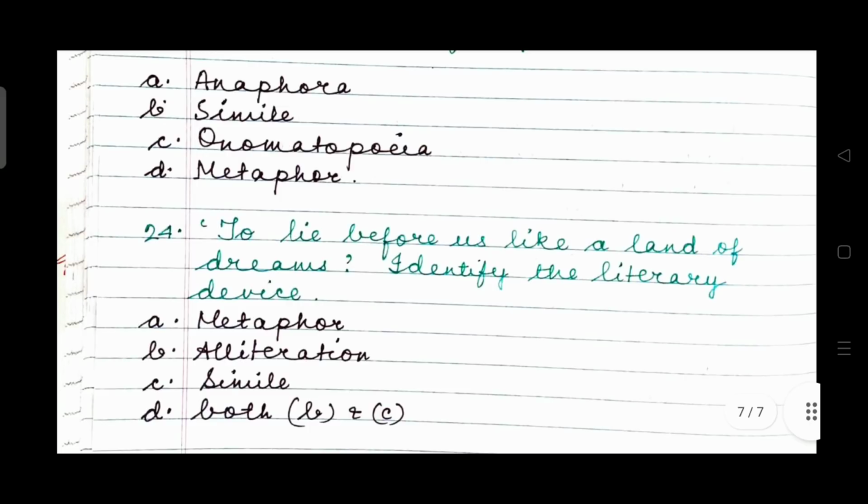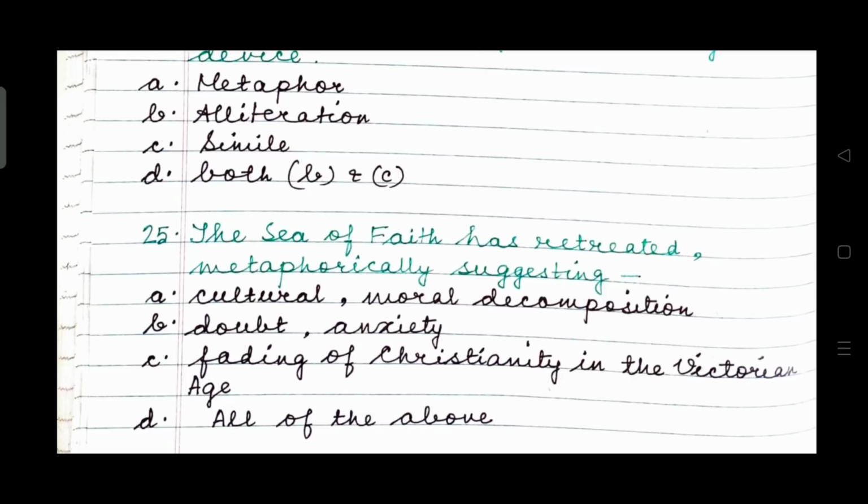Question 24. To lie before us like a land of dreams. Identify the literary device, metaphor, alliteration, simile, both B and C. The right answer is option D, both B and C. To lie, lie, like, land. So, it's alliteration, and to lie before us like a land of dreams. It is a simile. The last question, the sea of faith has retreated metaphorically, suggesting it is a metaphor, the